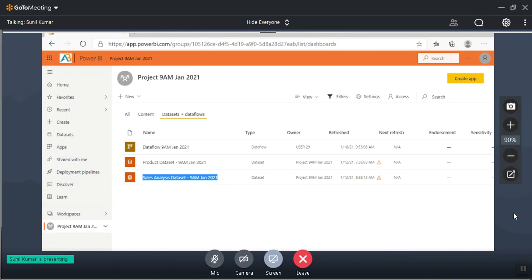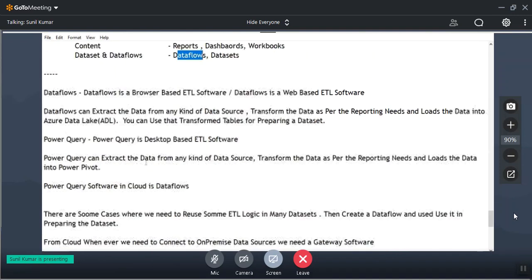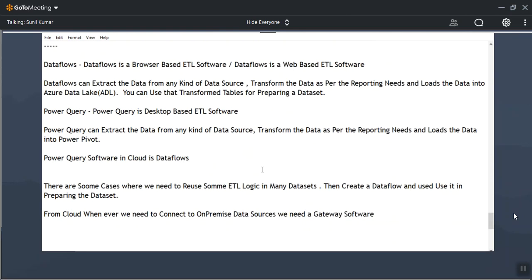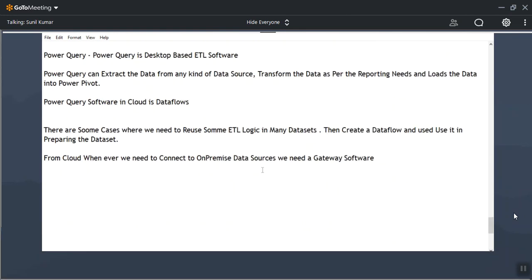In today's class, we know what a data set is, and we'll try to understand some more about it.